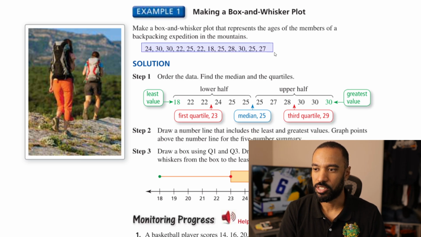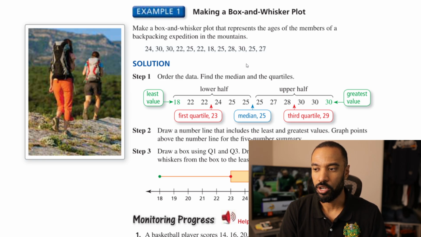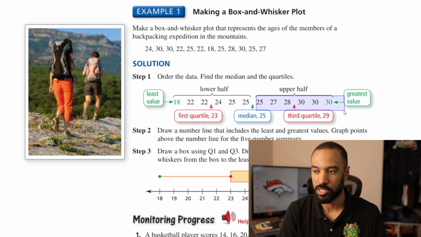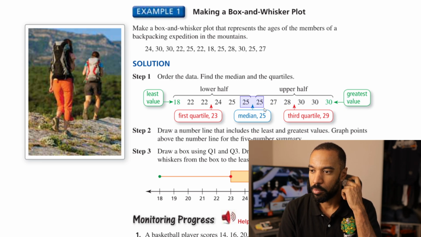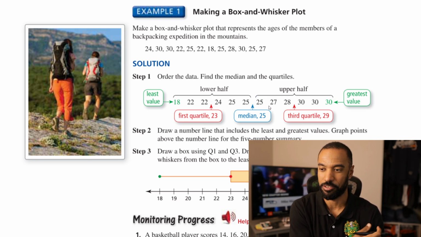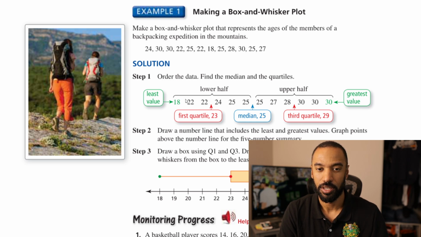So if you have this data not in order, you're going to want to put them in order. And putting them in order, you can find things such as the min and max. You can find the median. Remember, in an even number of terms, such as this one right here, 6 and 6, you would find the average of those two values, the midpoint. The average of 25 and 25 is 25. And then, like was stated before, Q1 and Q3, the first and third quartiles, are halfway between the least value